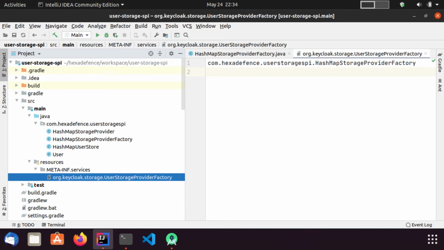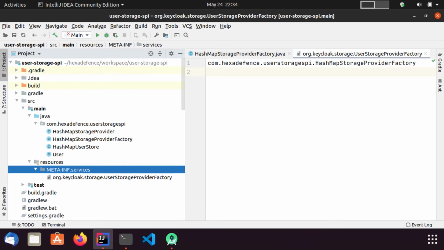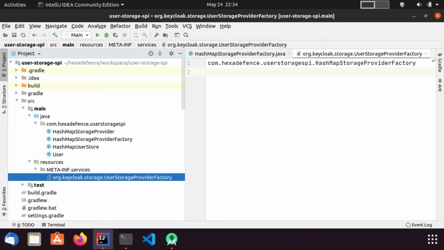Inside that file, we need to provide the full name of the HashMap storage provider factory. Also, keep in mind, I have put this special file in a folder named services, and the services folder is in the META-INF folder. Once the Gradle build is successful, the META-INF folder will be copied to the jar file as well. Those are the files used in this project.